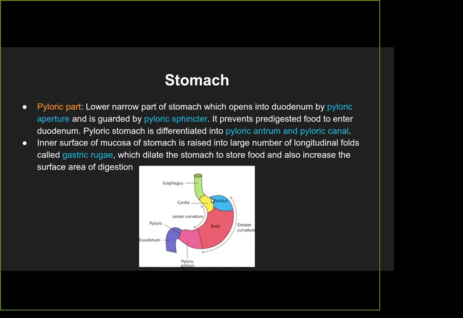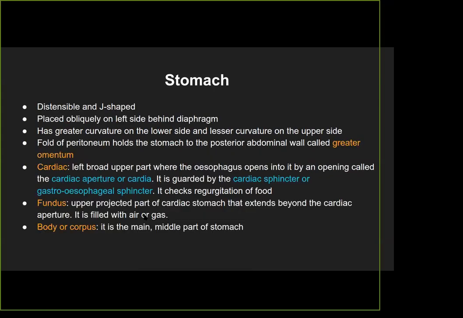The reason is that whatever gases are produced in the stomach go and accumulate in this fundus region. Because of this elevation, it acts like an air sac on the top, and that is where the gases accumulate. So whenever you have a gas problem in the stomach, it is with respect to the fundus. It is filled with either air or gas, whichever is generated throughout the process of digestion.